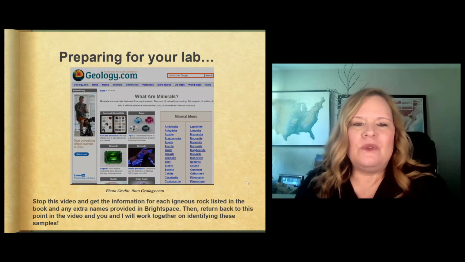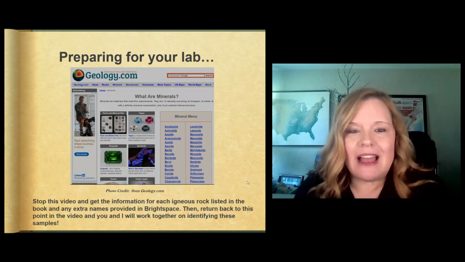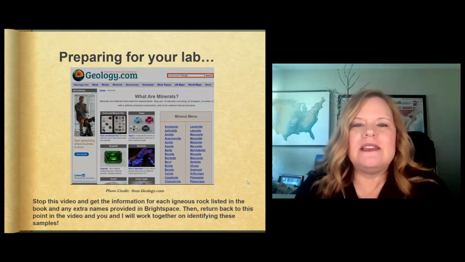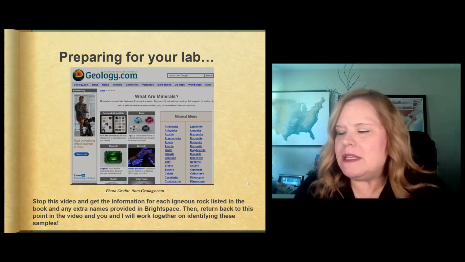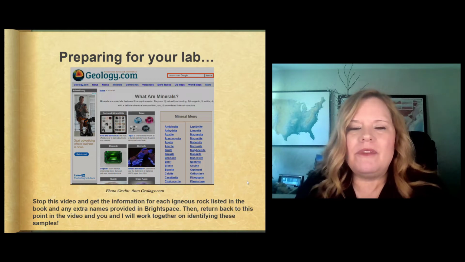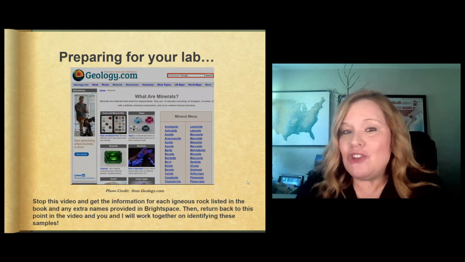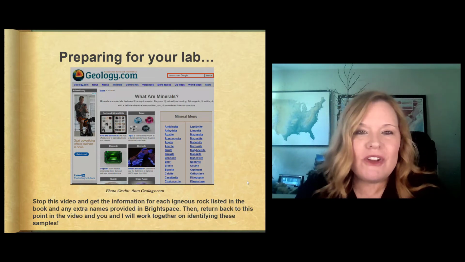Okay. So just like we did in minerals, you're going to be using geology.com. Before you start, you should go look at each of these rocks. Now, the pictures that are in geology.com may be similar. They may not be completely similar to what I have. They're still the same thing. The key is the description. But I've shown you enough pictures in lecture that you should know the difference between the various types of